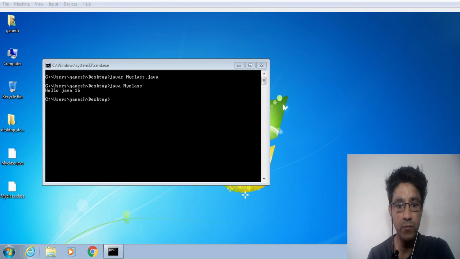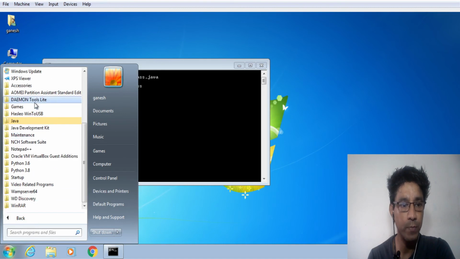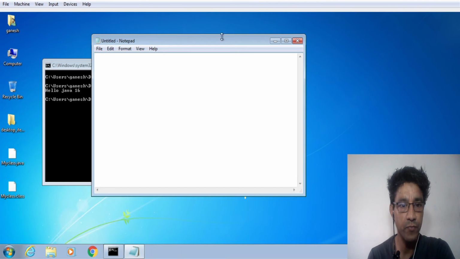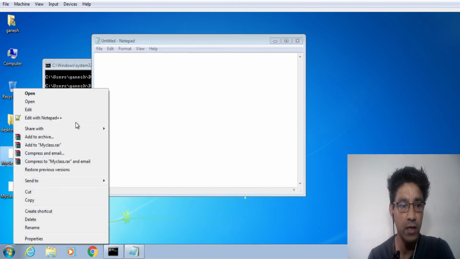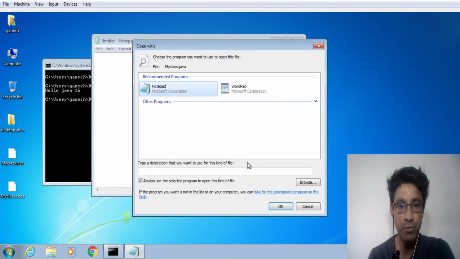Okay, so this was the manual process for creating a Java file through Notepad. Like I had this Notepad here. Or I can right-click on my file and click Open, and it will ask which program to open with.